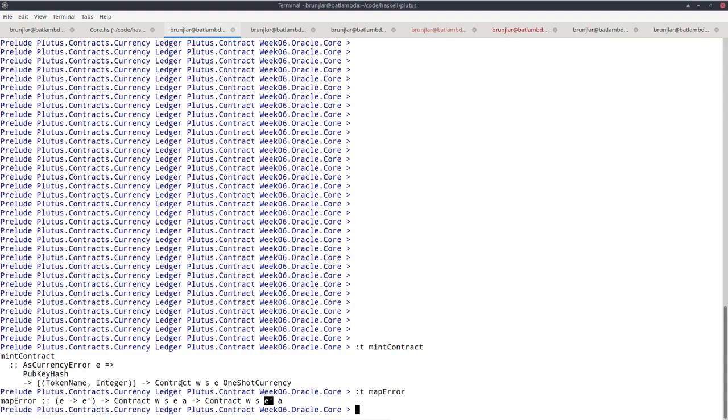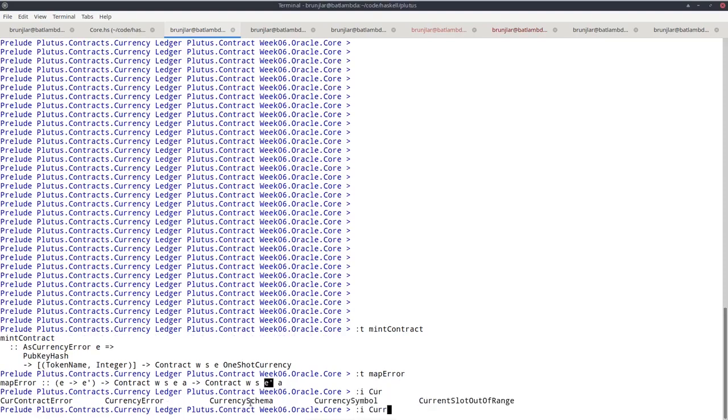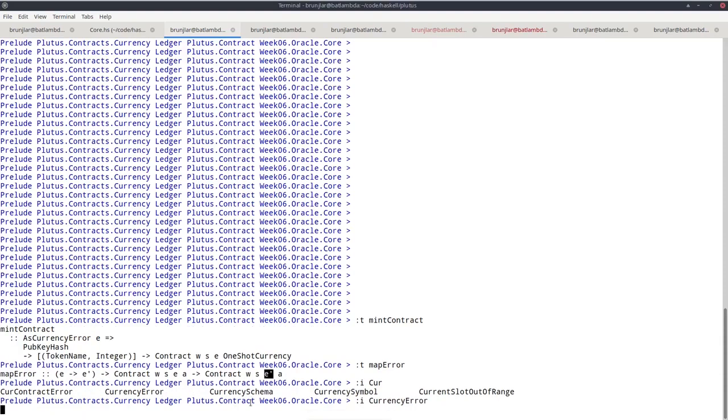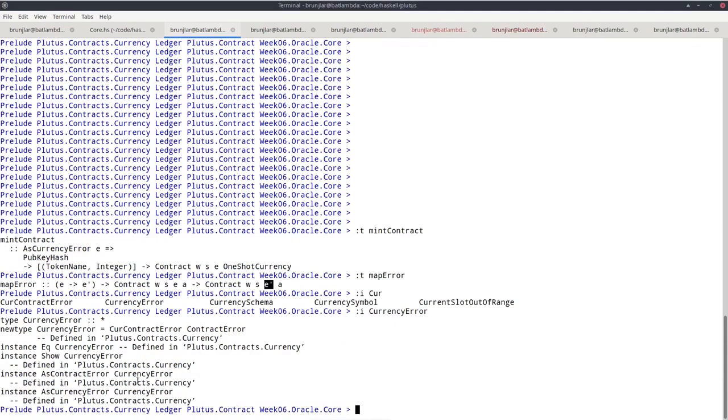So that's what I'm using. And actually one type that's provided in the currency module is called currency error. So we see this actually implements as currency error, the class that we need. So this is a type we can actually use. And it also implements show.